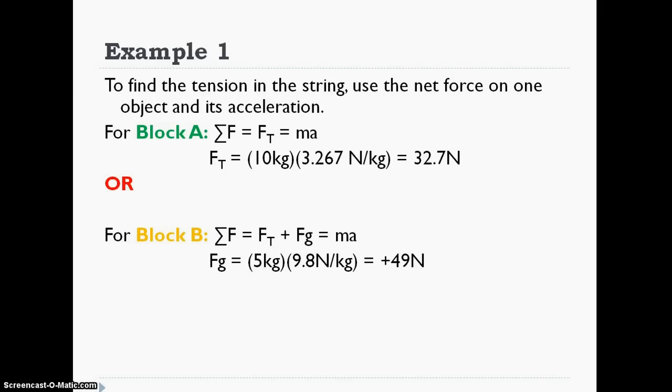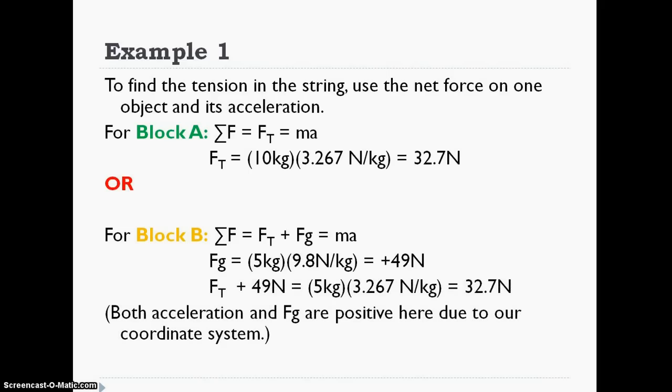So the weight then was just 5 times 9.8. I don't know why I put that in there. I think we already determined that. And then we'll fill that in for the equation that was above that. So we have tension plus 49.